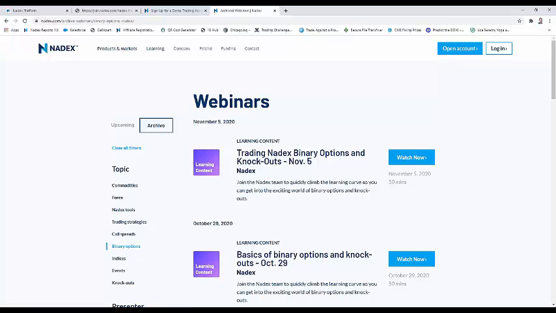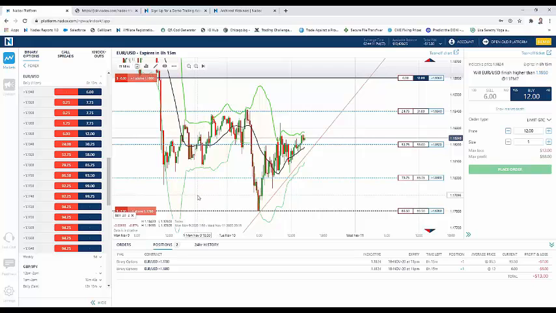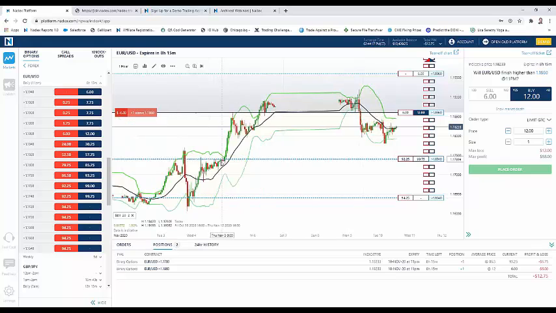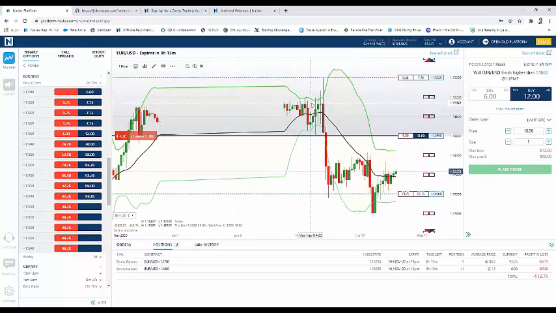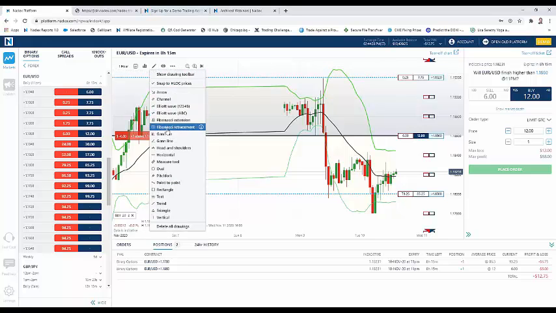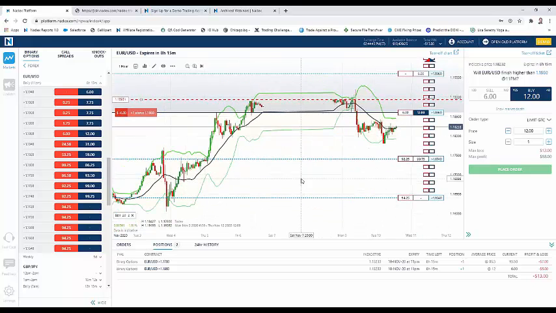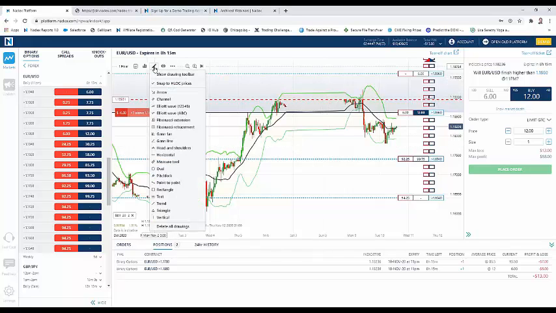I'll just hop back into the platform real quick. Again, this is just for educational purposes. I'm going to go out here to a 1 hour chart. So this was over the weekend. This week so far, we did get a spike up here. This was right on the news, but if I wanted to go in and draw a horizontal line across the tops of those candles, now again, we did get a spike up. If I remember correctly, that was fairly short-lived. But we can come down here and say, okay, we had these two that stopped right there. We could look back and, lo and behold,